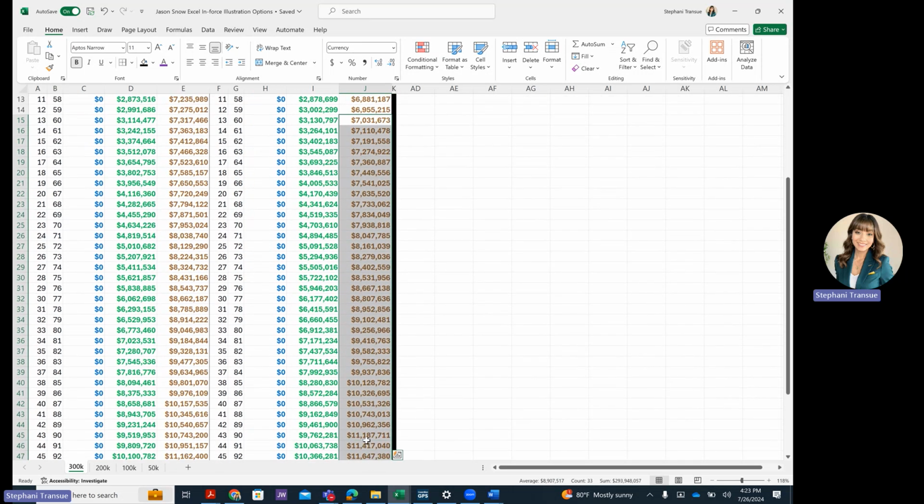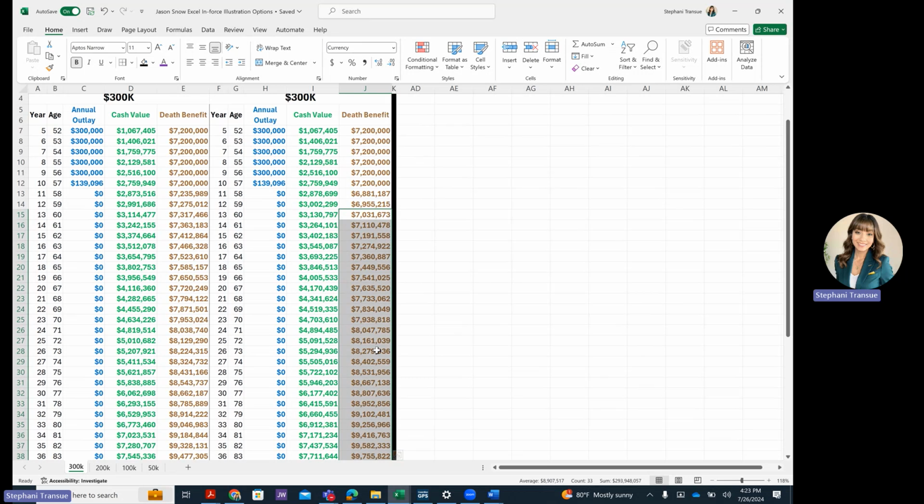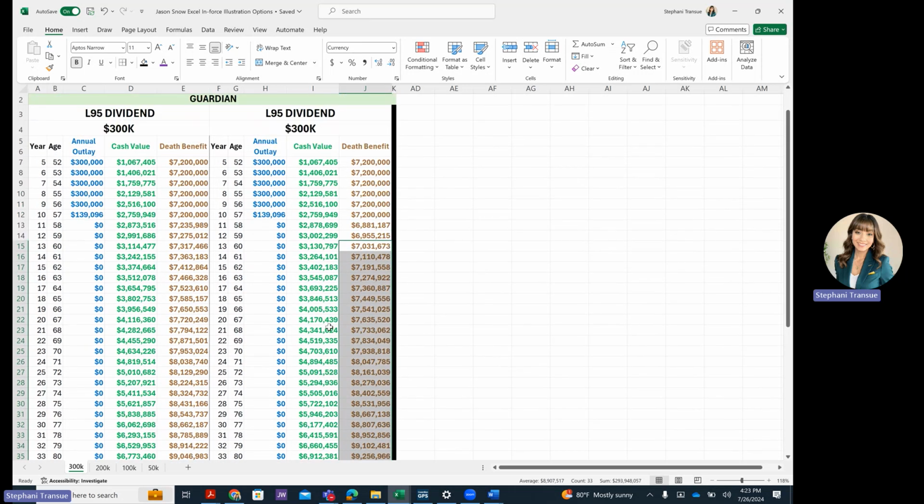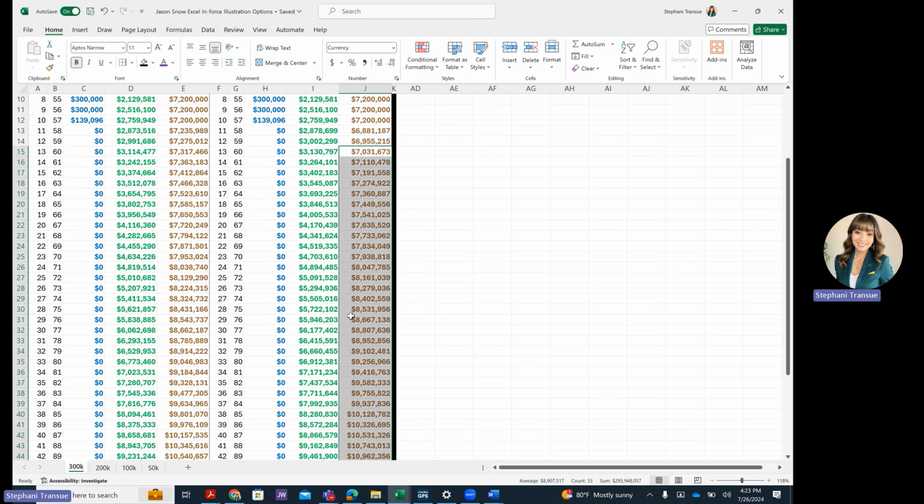We typically look at the reduced paid up just to optimize the cash value and also optimize the death benefit the most we can based on the funding and such. But we just wanted to show you what if you kept the term on and what if you cut the term off, and how that would perform. By cutting the term, again, it just gives you a little bit more cash value. And in essence, it does give you a little bit more death benefit as well.